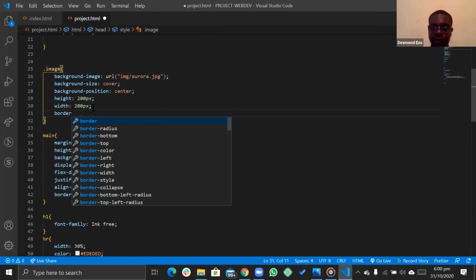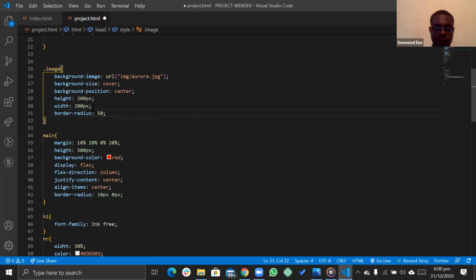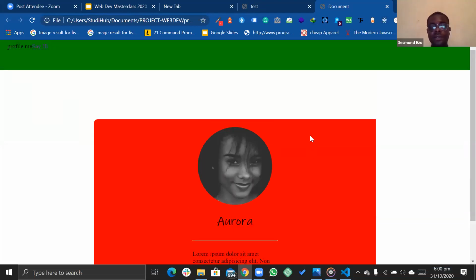So we have border radius. We can specify that we want the border radius to be 50%. Radius makes a square a circle because it has taken 50% off each side. Once something does not have edges, that's how you can use CSS to create shapes. Now we have a border radius of 50%, and you can see it looks like a circle.